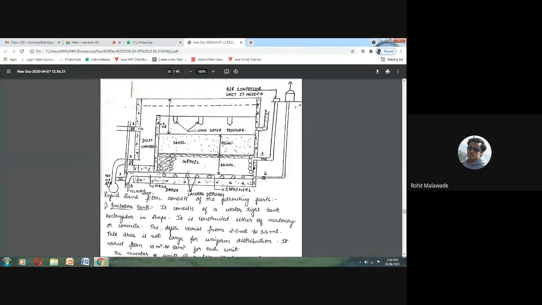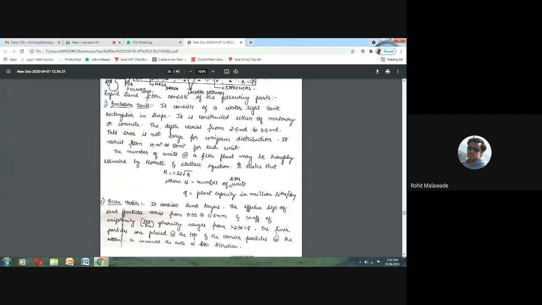The valve number 4 should be kept closed, right? So that the water can come from valve number 2 and valve number 3. So 6, 5 should be kept open. 5 is kept open if it is required. 6, it is open, right? Valve number 1 and valve number 4 should be kept closed, and 2 and 3 should be kept open. So this is how you need to explain the things when it comes to back washing.